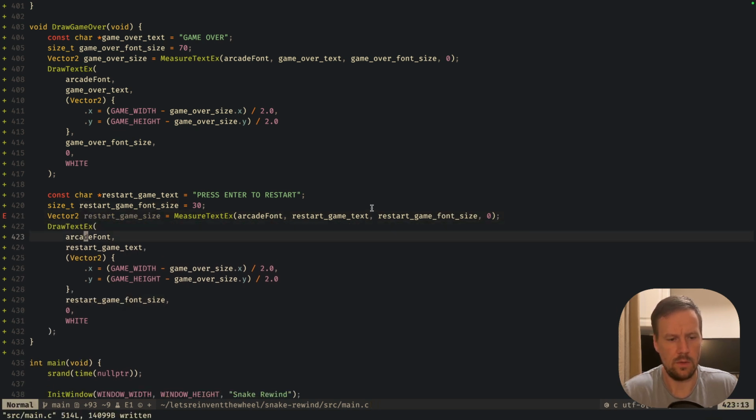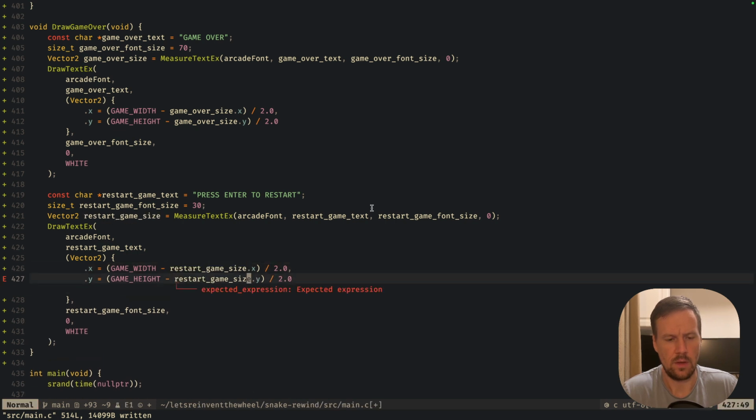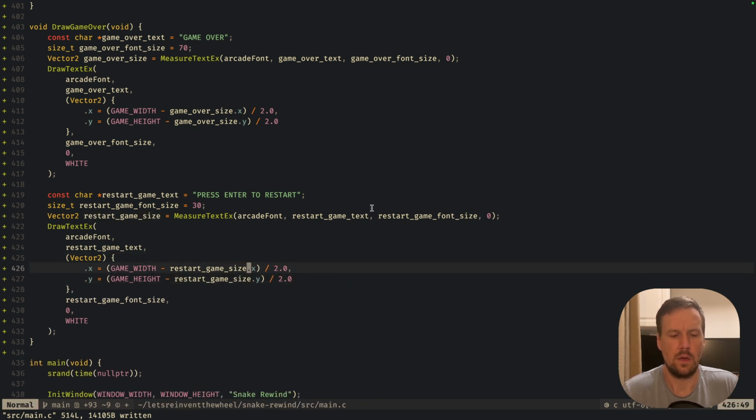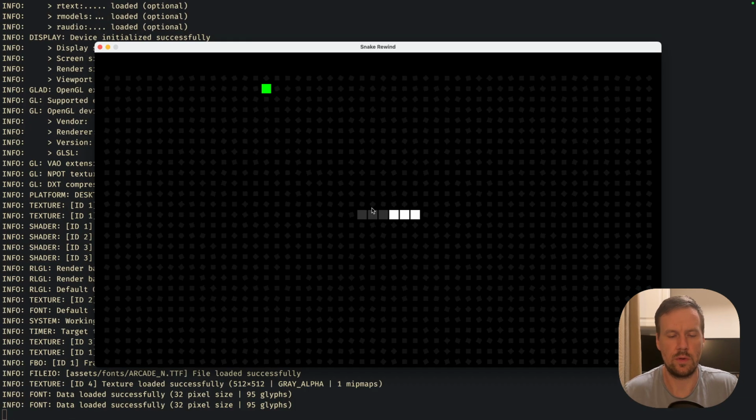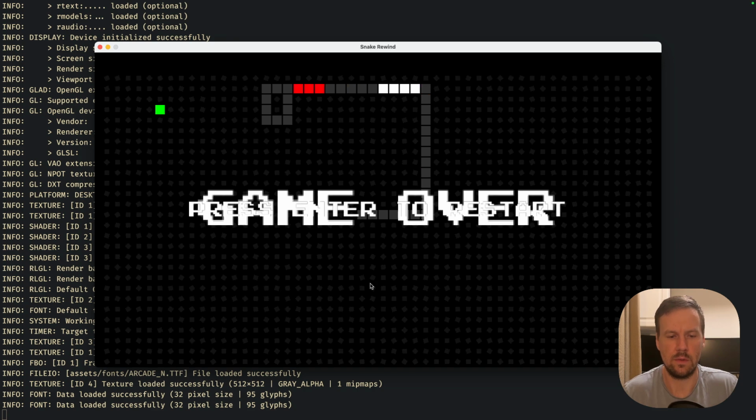Then we can use it here. Right now it will draw on top of game over, which we probably don't want. So yeah, we need to adjust